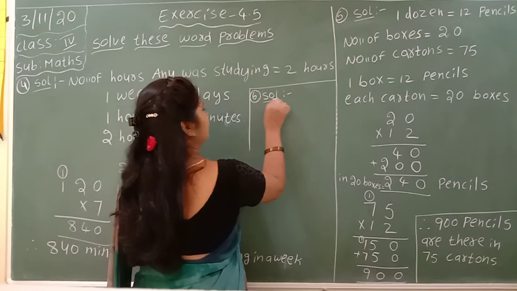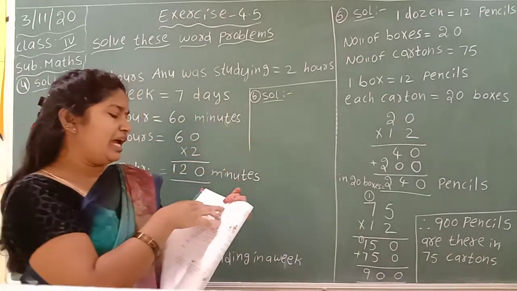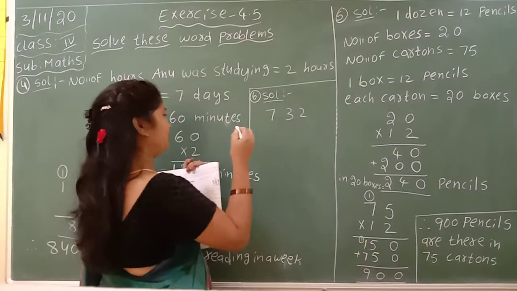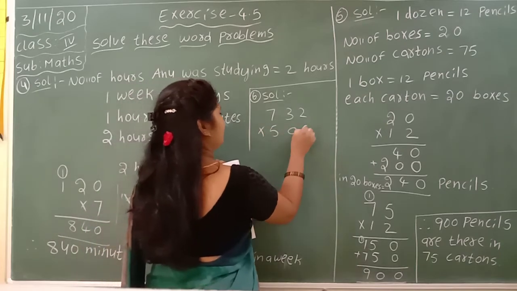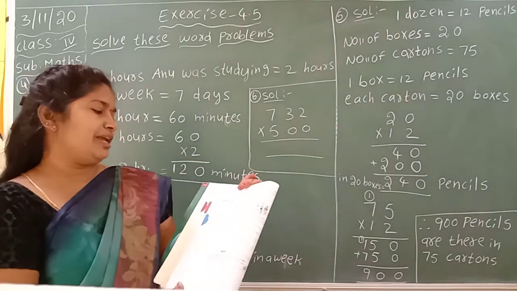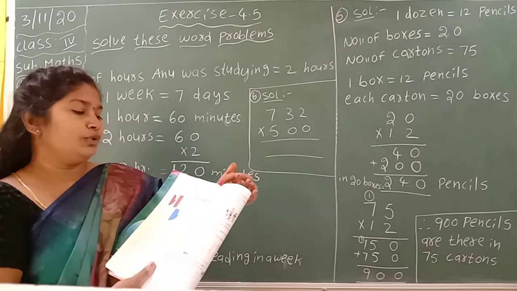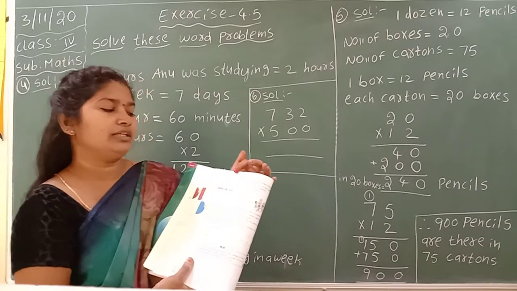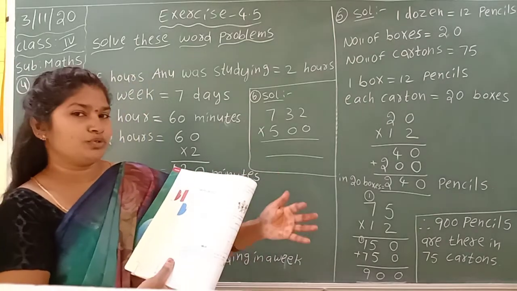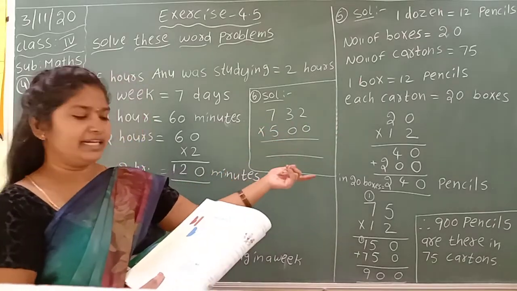Sixth solution. Here I am giving a hint. You have to write like these steps. Meena has 732 500 rupee notes, meaning 500. You have to multiply this number and you will get the answer. First step: Meena has number of rupees, that is equal to 500 rupees. How many notes? Number of notes is equal to 732. 732 multiplied by 500, you will get the answer.